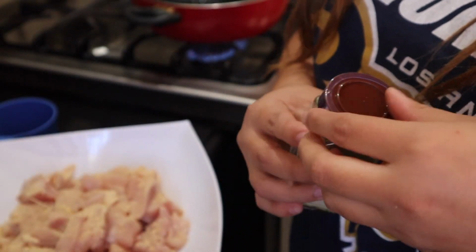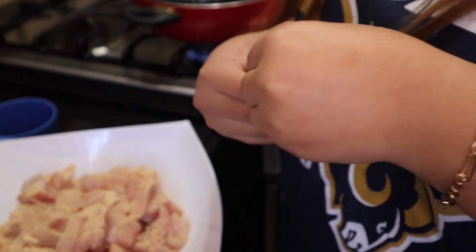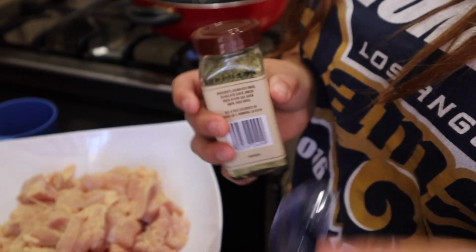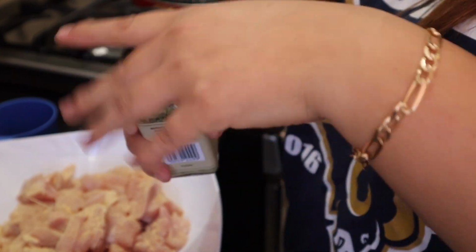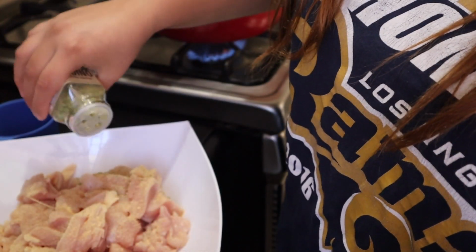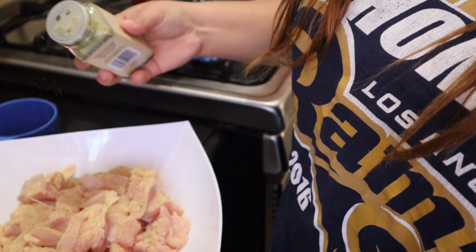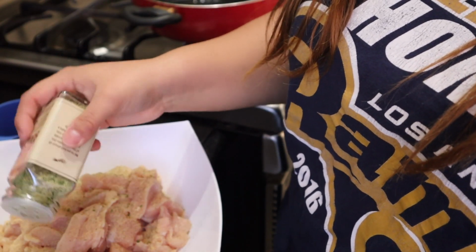Okay, so here I am just setting up the stove to go ahead and start making the chicken. I turn on both. Here I'm going to be seasoning the chicken. I'm actually not going to be putting the chicken on the pans. What I ended up doing is I ended up